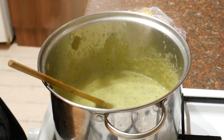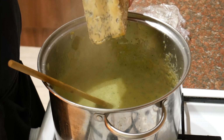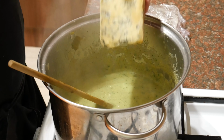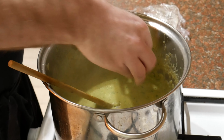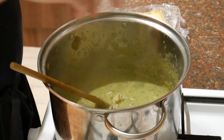So now what we can do is add the Stilton. Now be very careful with Stilton, because depending on the one that you buy determines how strong it is. Some can be quite salty, some not so. So just judge it as you go. Now this is a 200 gram block here of Long Clawson Stilton. This is a really high quality Stilton. And what I'm going to do is just start breaking it in a little bit at a time. I'm probably going to use about 150 grams of this Stilton, and just stir it through